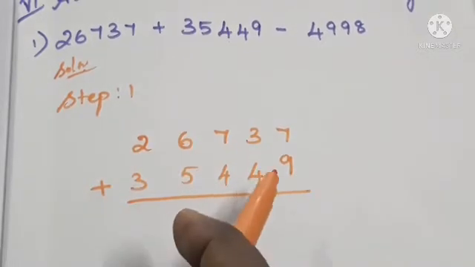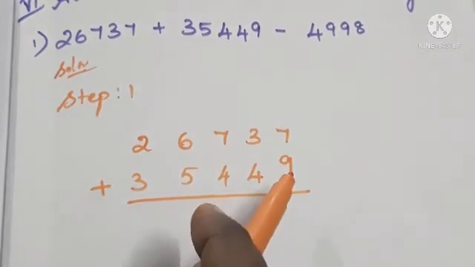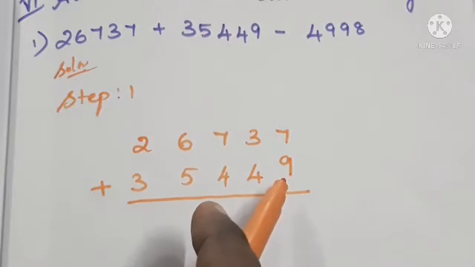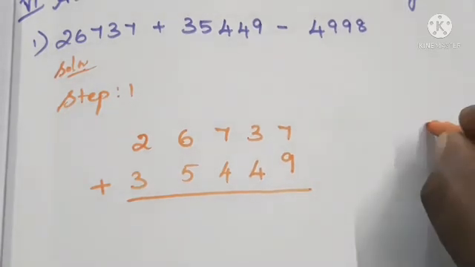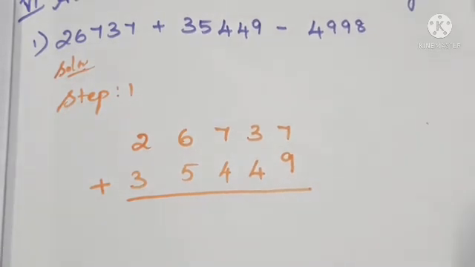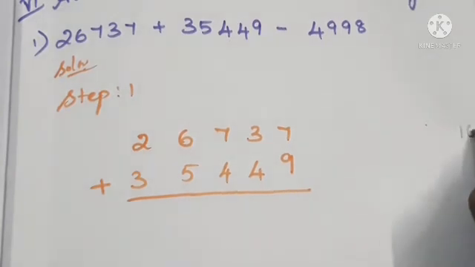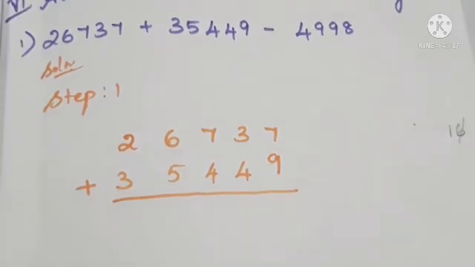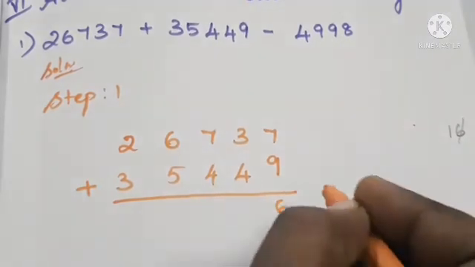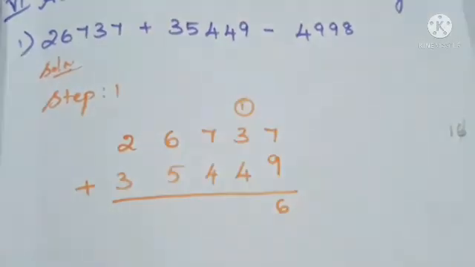So 7 plus 9. We take the bigger number in the mind. That means 9 in the mind, take 7 in the fingers. So 9 in the mind, 7 in the fingers. 9, after that 10, 11, 12, 13, 14, 15 and 16 we got, isn't it? We got the answer as 16. So this is rough work. Okay, ma? So we can do it at the right side of the booklet. Okay, now we got 16. So here we are going to write the 6 here. Okay, 6, and the 1 will be the remainder that we carry to the next number above.